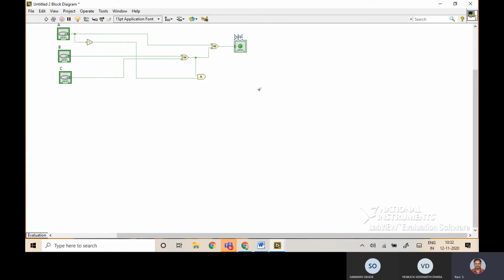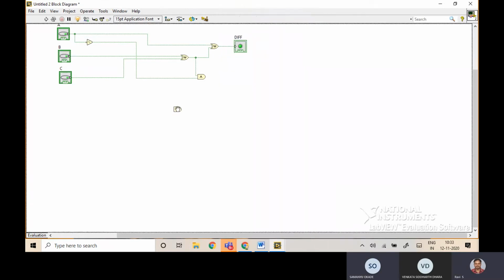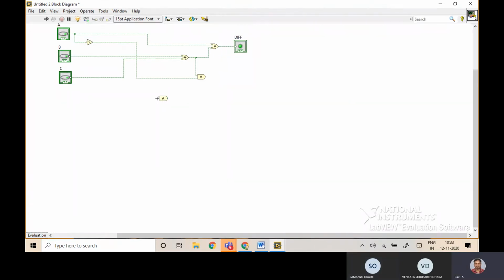A bar into B XOR C plus what is the next expression? This output is ready. We need one OR gate and one more AND gate. A bar into B XOR C plus BC. Are you sure? Yes, sir. So I'll go to the AND gate again and connect this BC.